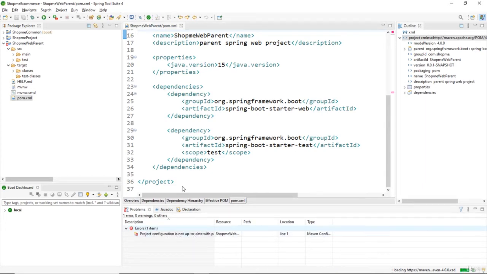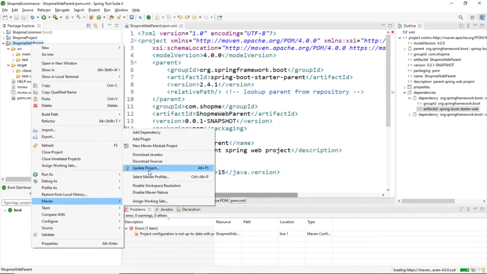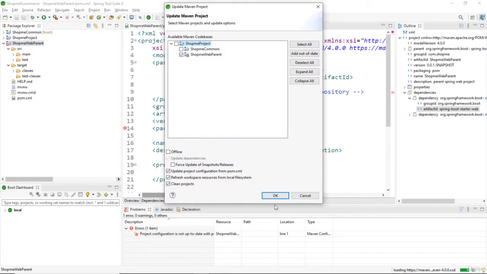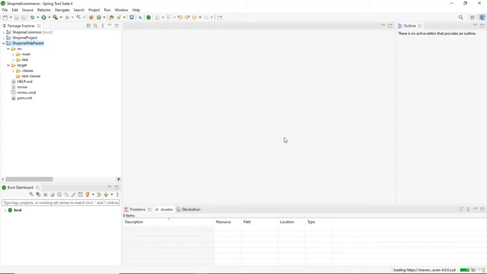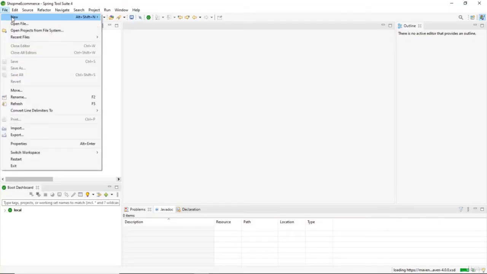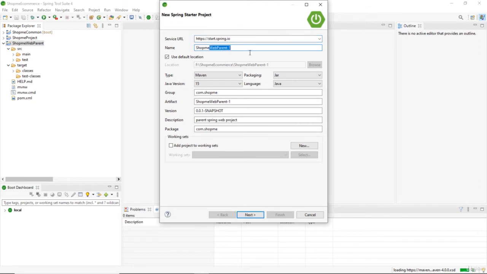So we got an error here. No problem. Right click on the project, select Maven, and update project, and click OK. You can see the error has gone. Now create a new Spring Boot starter project. Find new Spring starter project here, and enter the project name as Shopme backend